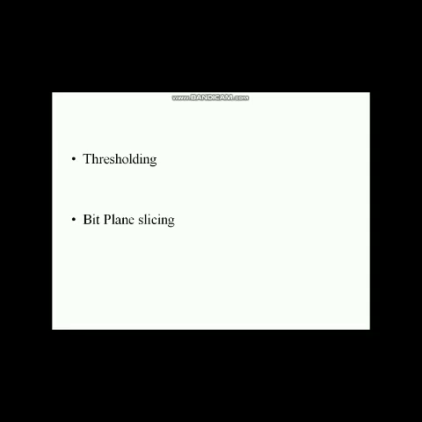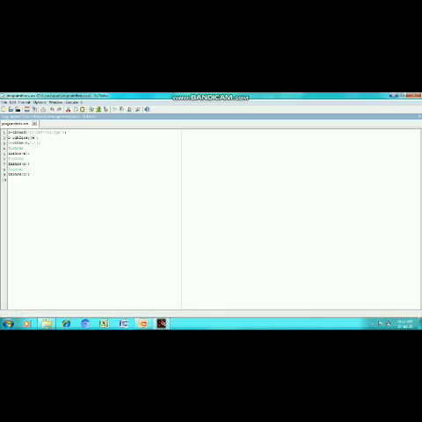Instead of 120, you can keep the threshold 200. In that case, all the pixel values greater than 200 will be replaced by 1 and the pixel values less than 200 will be replaced by 0. For that, again we have a command. You can write the program as well, no problem, but I am using the command here. im2bw, image to binary, is the command we can use.